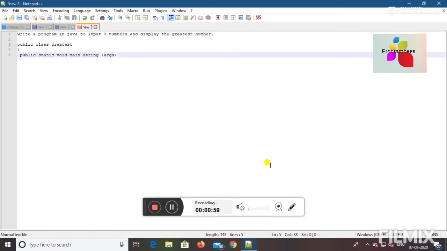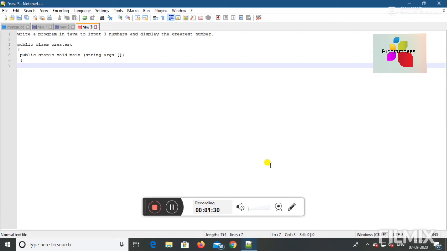In this line, each and every word has a meaning. That means public is the access specifier which will provide the information that the program is publicly accessible by all. The static is a keyword which means that the main method does not have to declare or generate any kind of object before calling it. Void is the return type of the main method and string args is the argument list. Now the curly braces start here.